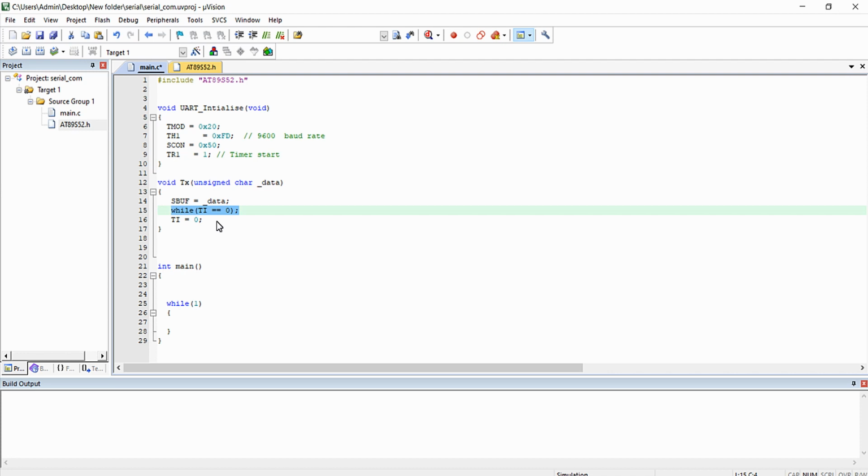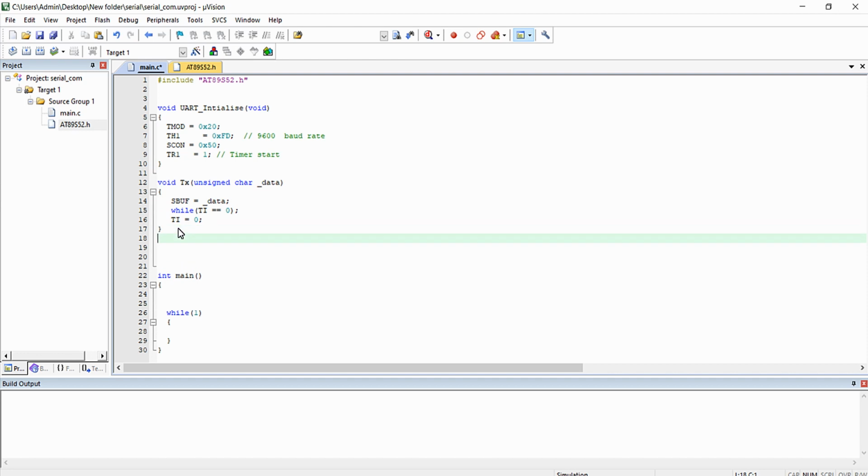When the data is completely transmitted over the serial communication, this flag will be automatically raised by the processor. Once it becomes high, we are clearing the flag and we are exiting that while loop. So this is the process, and this function is useful for transmitting a byte of data over serial communication.